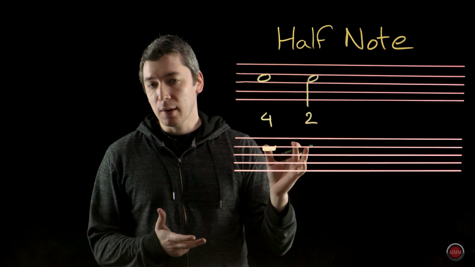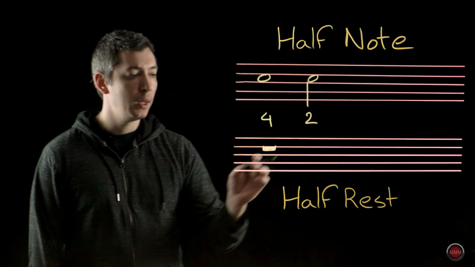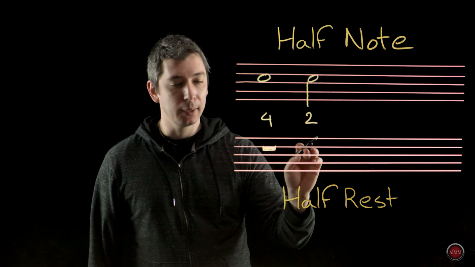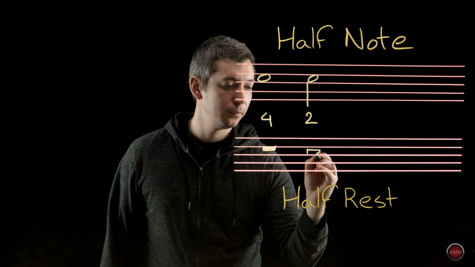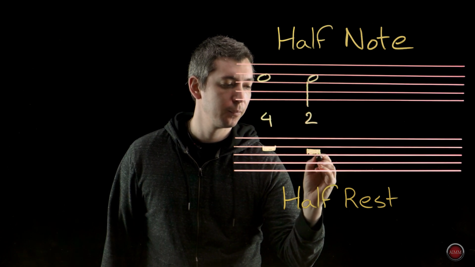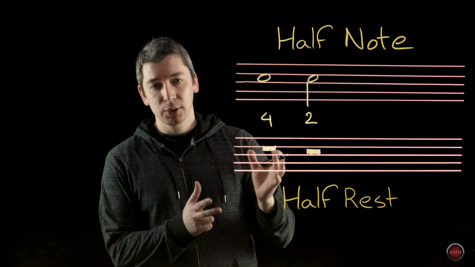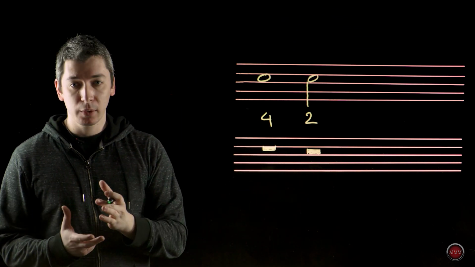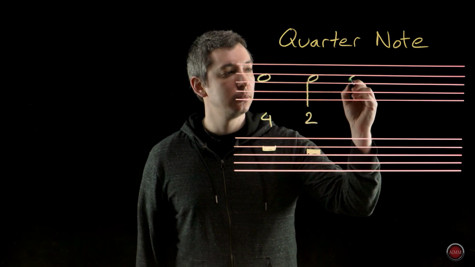Now, we also have a half rest, and a half rest will look like a whole rest as well, but it will be placed higher, it will be placed above the middle line of a staff. So it looks like that. Now, the last note we have that's a beat or longer than a beat will be called a quarter note. A quarter note will look like a half note,